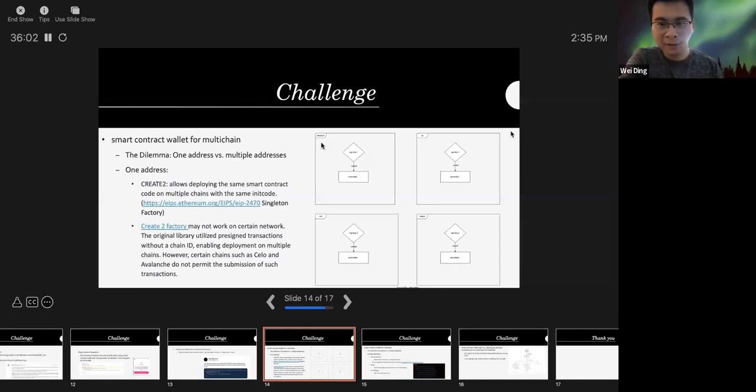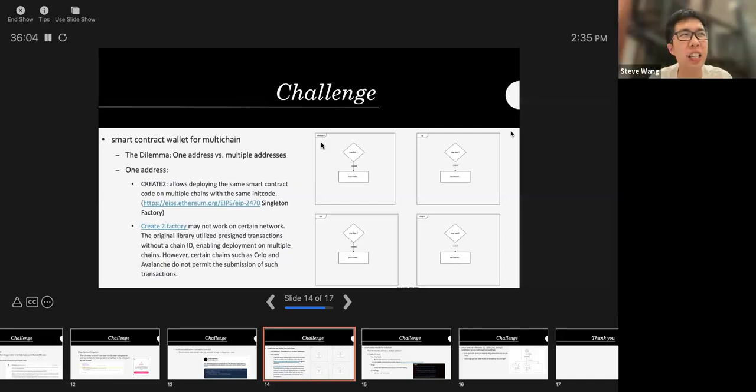Sorry, can you repeat your question? Yeah, sure. I didn't actually see any official support from Optimism for account abstraction, and you mentioned there's going to be a Bedrock upgrade. So could you elaborate on the type of support Optimism is going to provide for account abstraction?